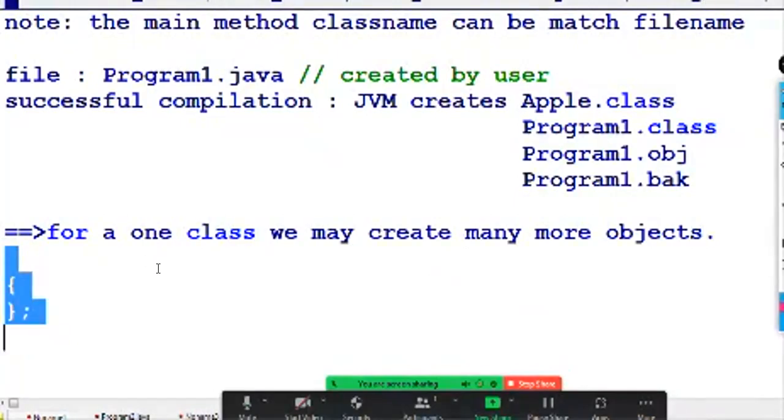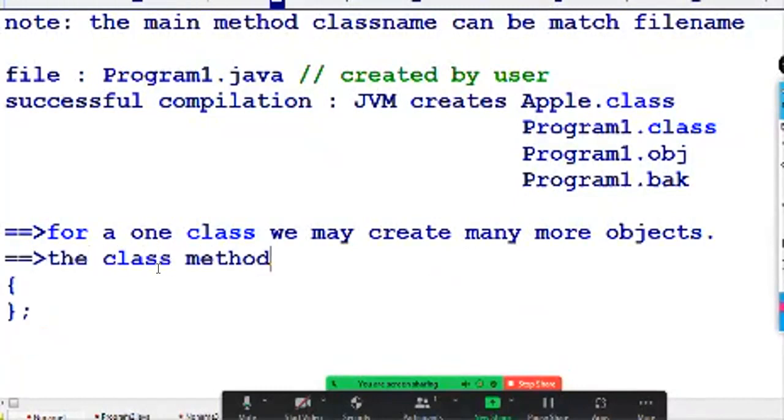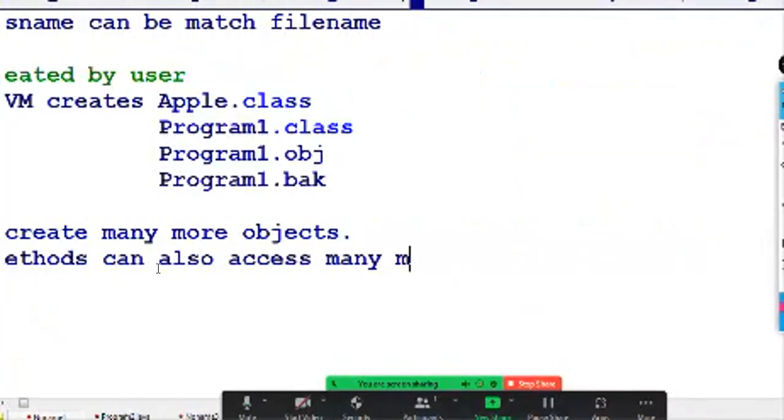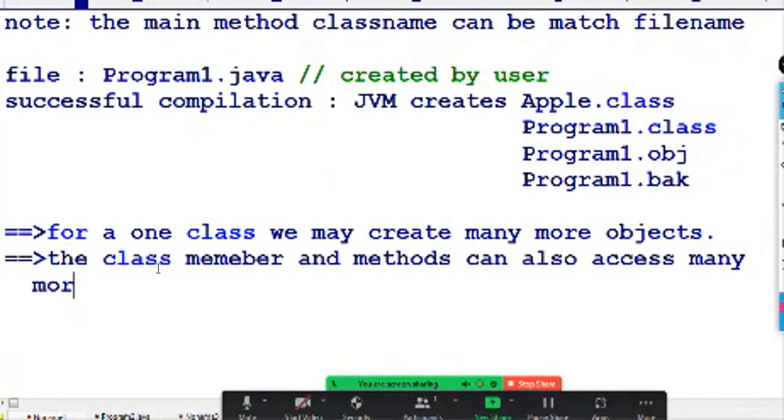Next one. Similarly, the class members and methods can also be accessed many more times. This point is clear.